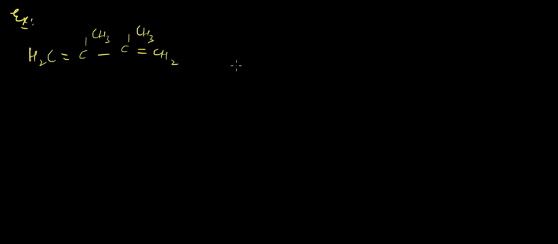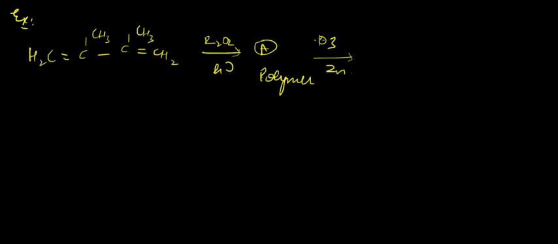And we are passing this compound first in the presence of R2O2, H nu. We get product A, which is a polymer. And then we are passing O3, zinc over the reaction mixture, so we get some products. So you have to identify what is product A and what are the products. So obviously polymer A would be something like, we will be getting something like this: